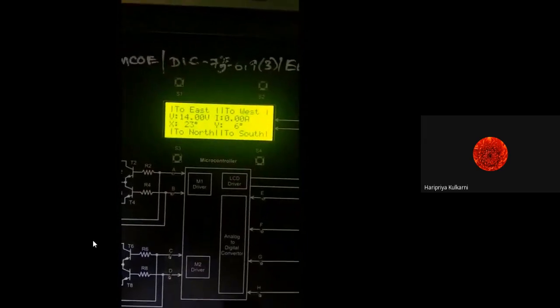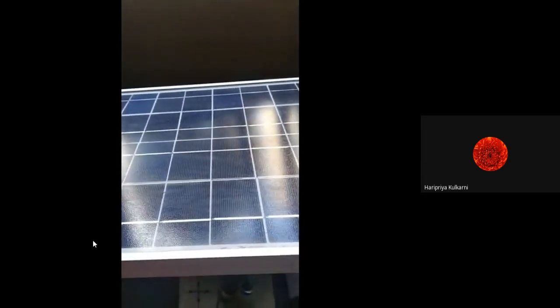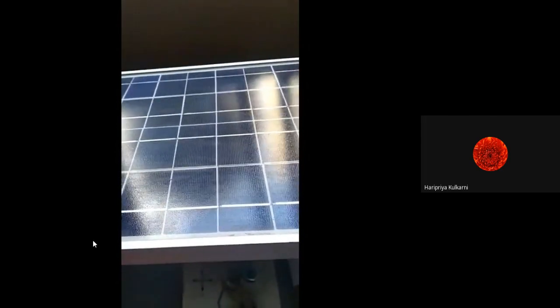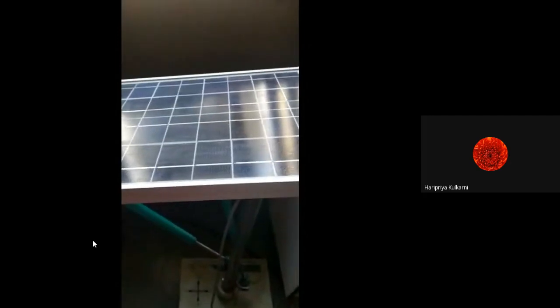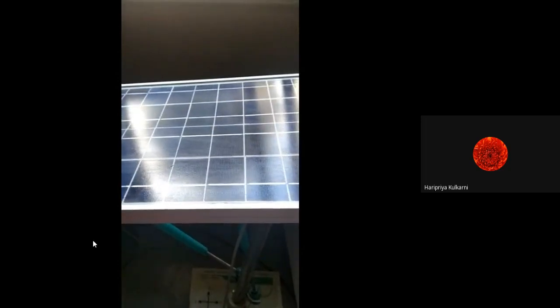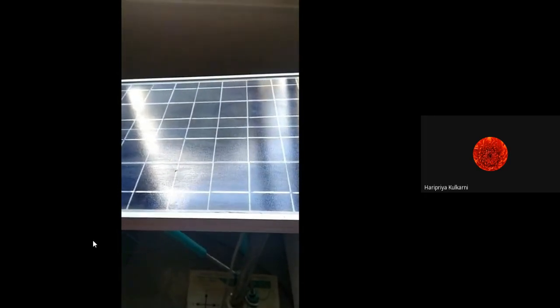Now the voltage has been decreased. The X coordinate has been changed. It is 23 degree, and the voltage is around 14 volt. Okay, let us have one more reading. Now radiations are changing due to the movement of the panel, and hence the power extracted from the solar is changing. Okay, now again the panel is moving. We'll set some position and try to get another reading with a different x coordinate.